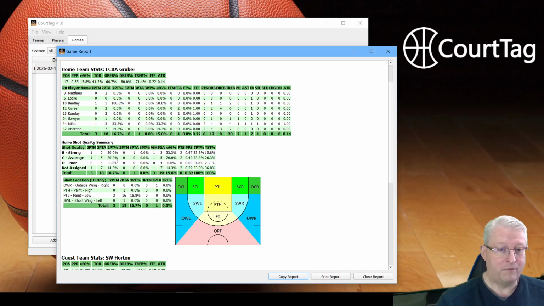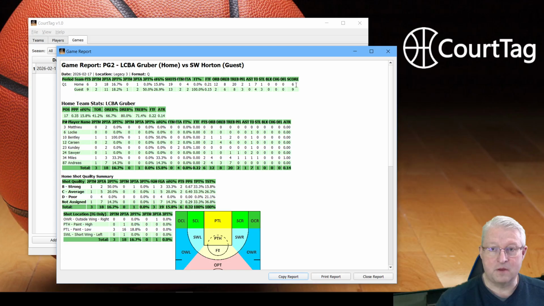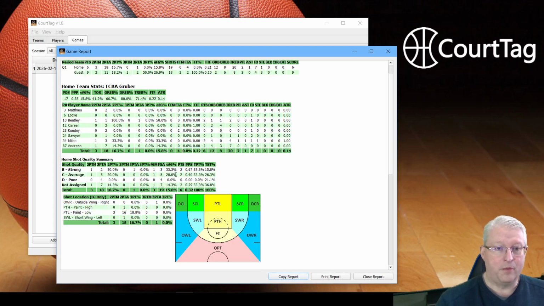Total points of the game to that date. So when you have the whole game, this will be reflecting the whole game, but up to that score, whatever the score is for both teams. You can see it's 6-9 right now. The B level shots reflect 33% of the points. So they're a third of the score, and the total